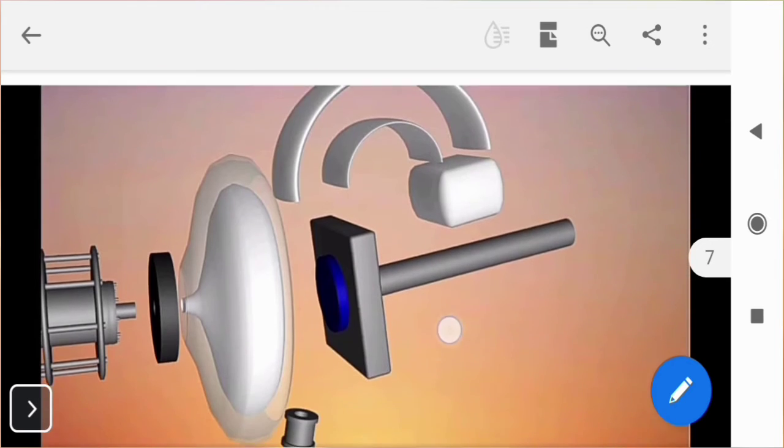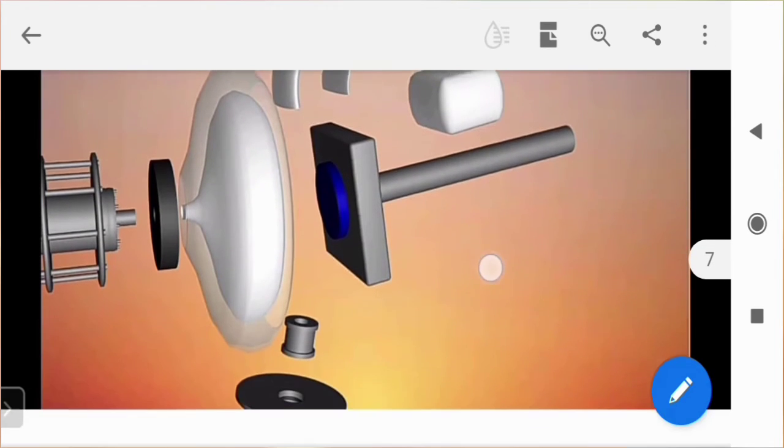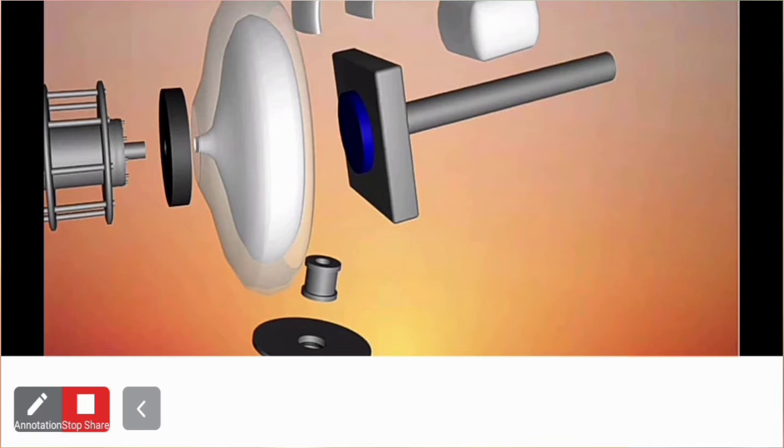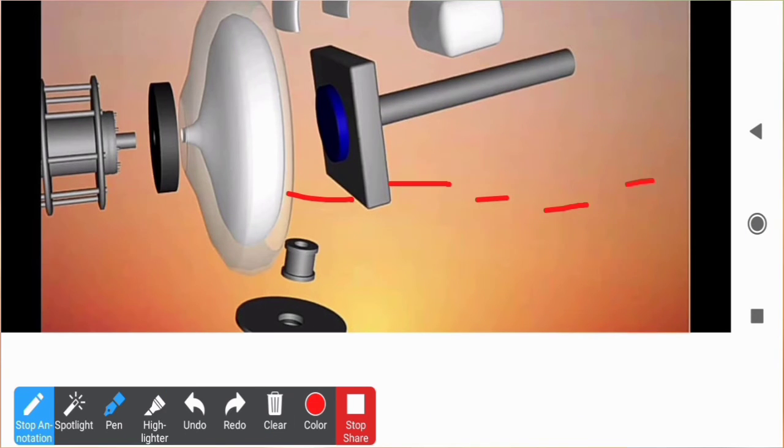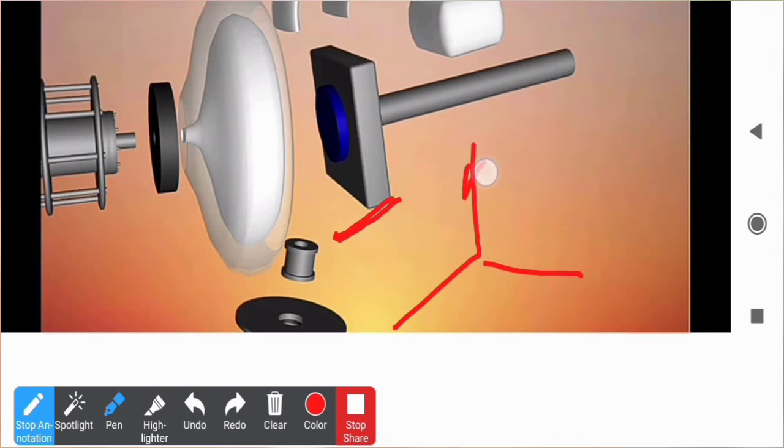Next is your sample holder. In the video it is quite animated, so you can see the requirements of the sample holder there. The sample holder should be able to move along all axes, meaning along the X, Y and Z directions. The video shows it nicely, so go and see it if you have not. The sample holder should move along the y direction as well as the x direction.